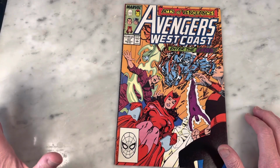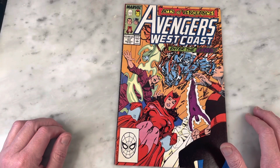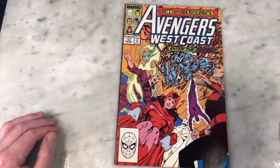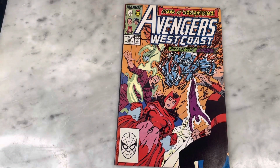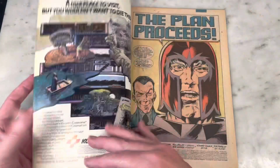It's funny because I believe the title was called West Coast Avengers when he took over, and then they switched it to Avengers West Coast, which makes perfect sense because at the comic book store, alphabetically, you would want all of your Avengers books next to each other and in catalogs and things like that. So, right? Okay, so John Byrne, I loved his run on